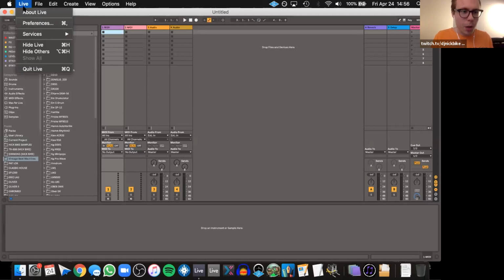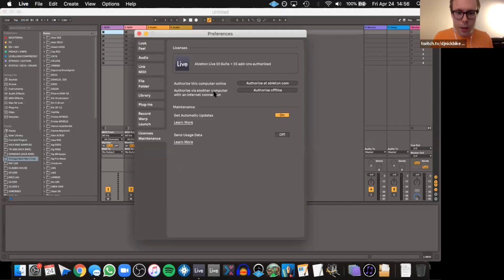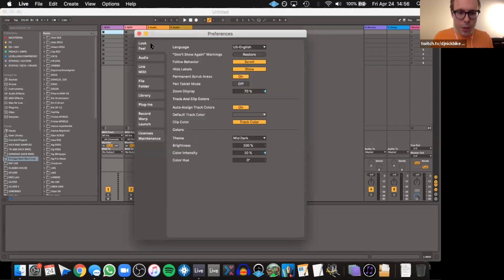So I'm going to pop into Live's Preferences here and run down all the tabs. There's a lot of stuff that you don't necessarily need to touch, or that I have never needed to touch, so I'm not going to touch on those, just what I have noticed.